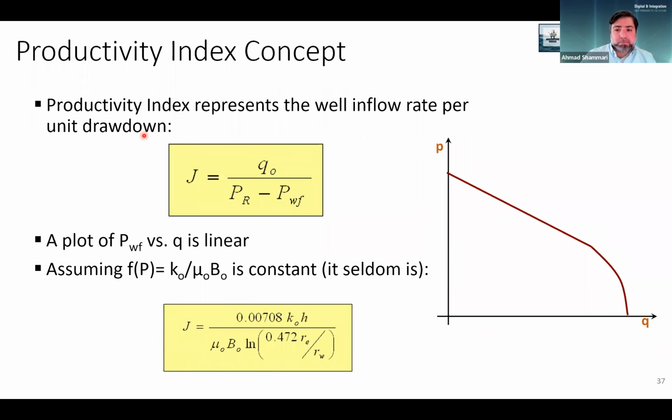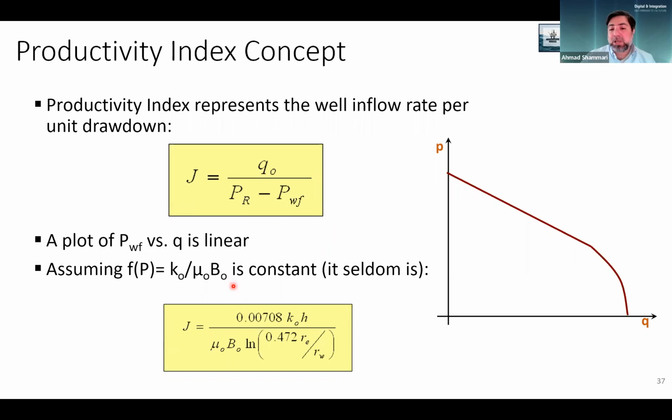Now, the productivity index represents the well inflow rate per unit drawdown. Okay, and this is, as I said, our IPR curve. We calculated it from the straight line. Okay. Now, analytically,